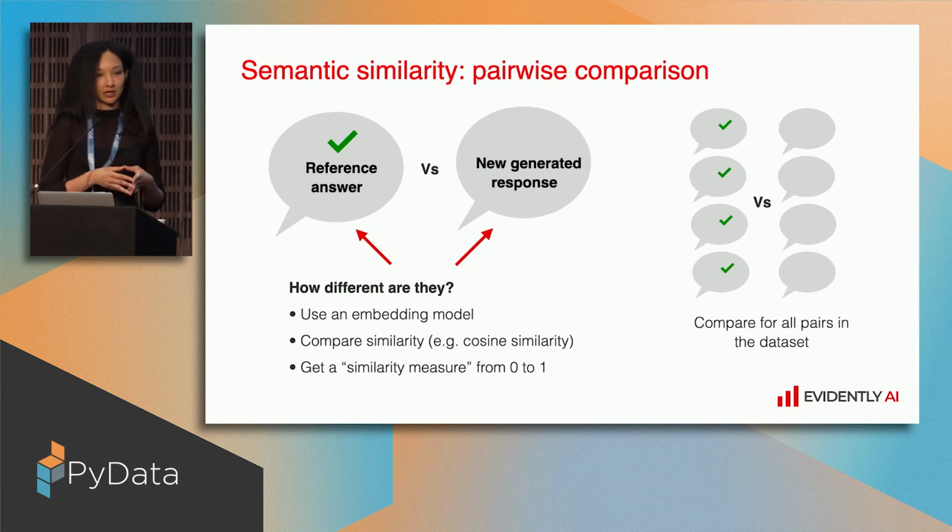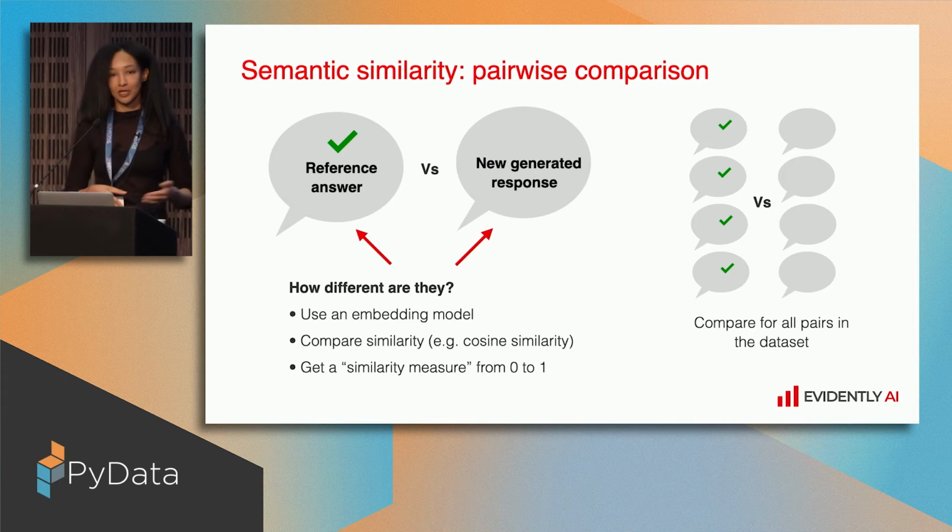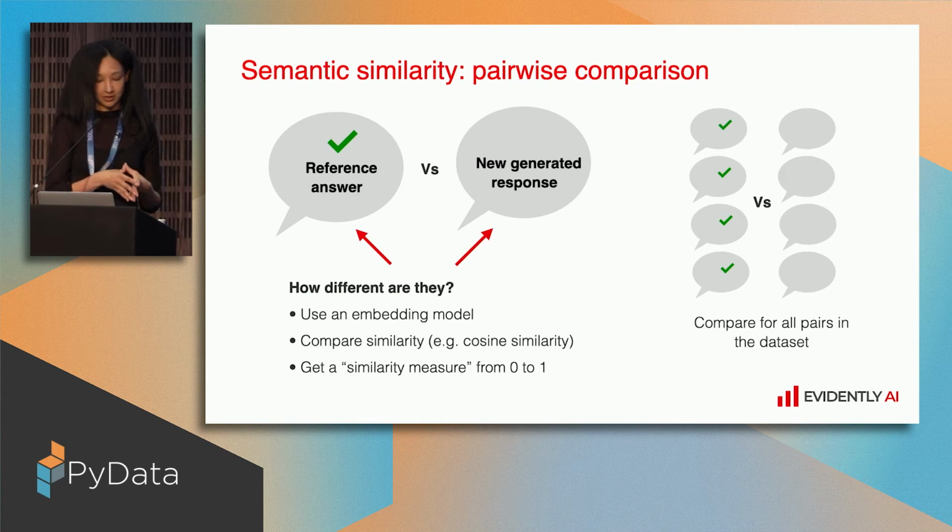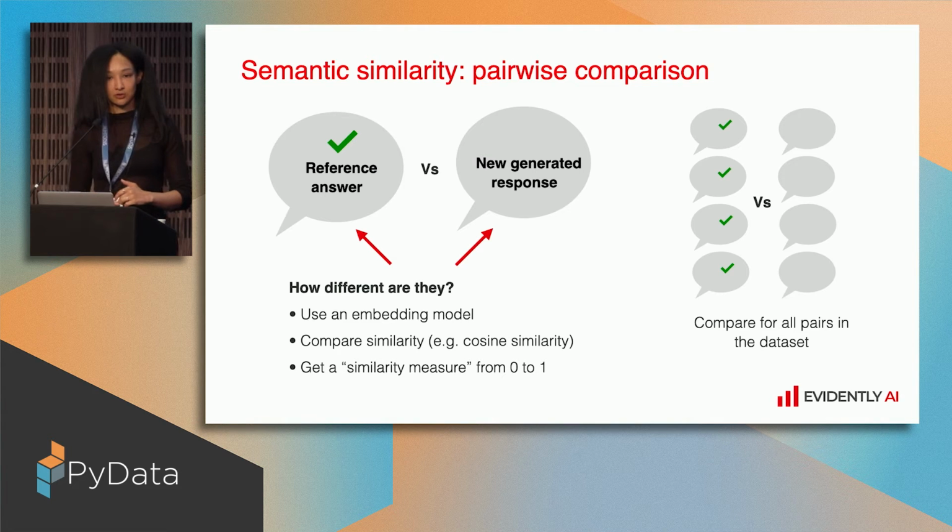Just imagine you have reference answers which are known to be good answers because you labeled them manually or maybe did it with the help of some human experts. So you have some reference answers which are known to be good. Then you generated some new answers with the help of your updated prompt, for instance, right? And what you can do here is just try to do pairwise comparison and calculate semantic similarity between each pair of answers. This is a very interesting idea because you do not need to